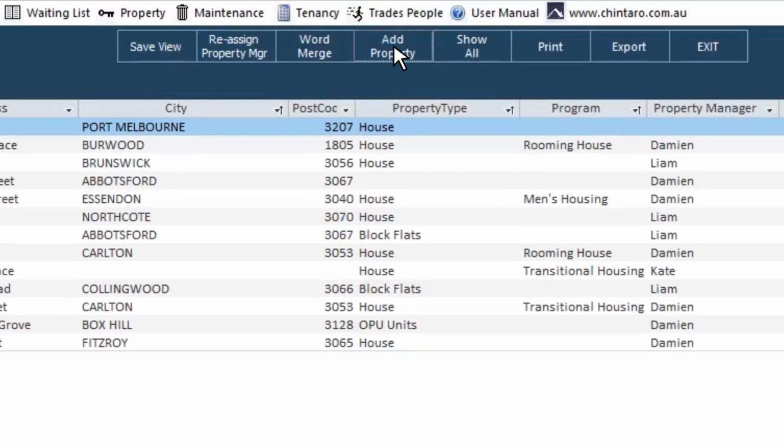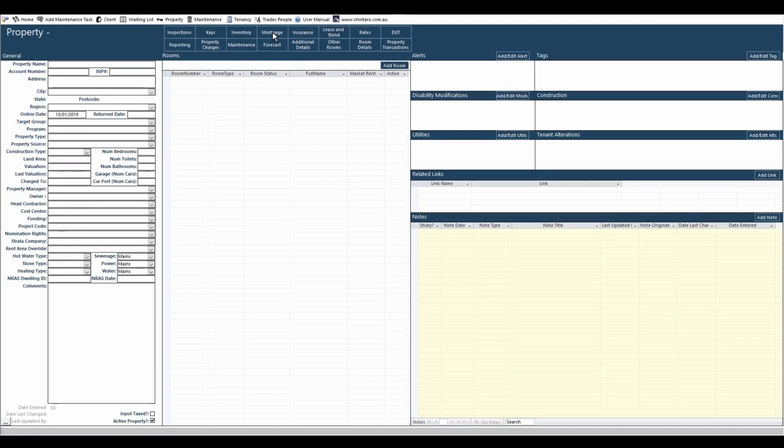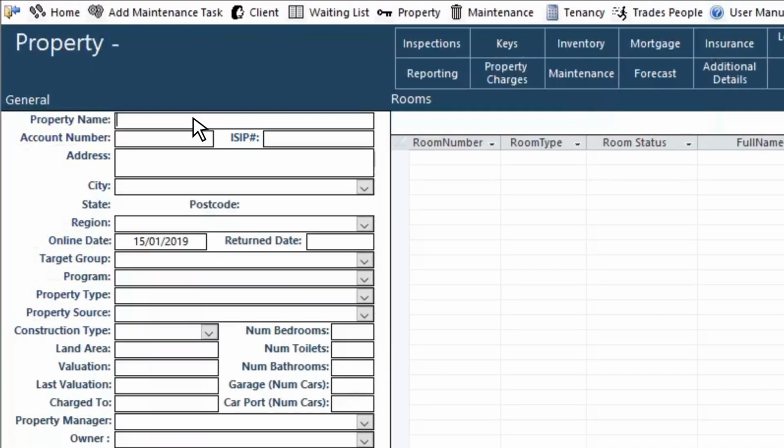button here. We're adding our new property at 15 Spencer Street, and in the first field of the property's name, we're going to enter the property as Spencer Street 15. When we're entering properties into Chintaro, it's recommended calling the property by its street name and then its number, so that when we sort the properties in the search screens or produce reports with property names, the properties will sort